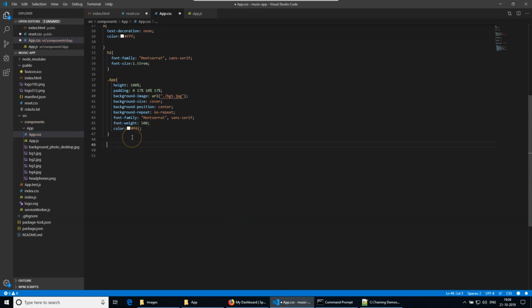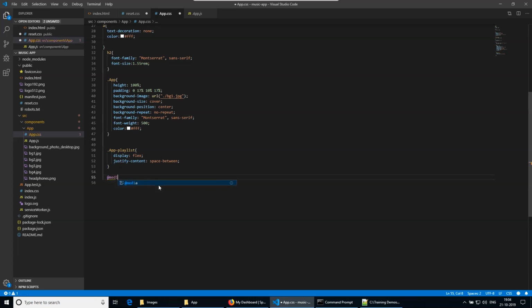Then we come to .app-playlist. So that's going to be another class that we are going to use. App-playlist is what we're going to name it. Let me say that the display should be flex, and we will justify the content to leave spaces in between. Alright, so that finishes that bit, and now let's write up a media